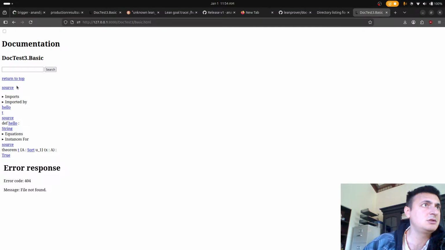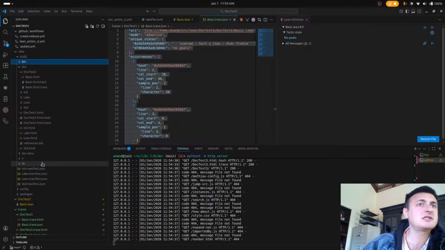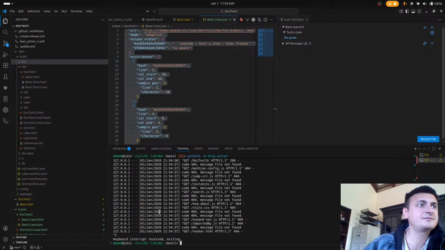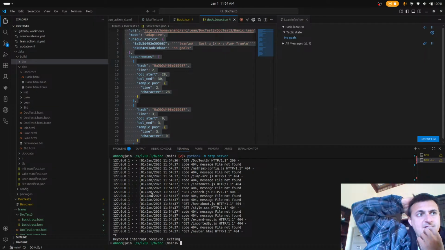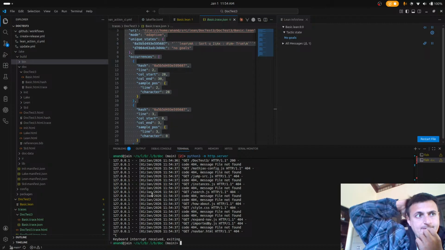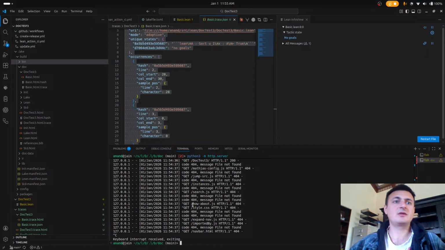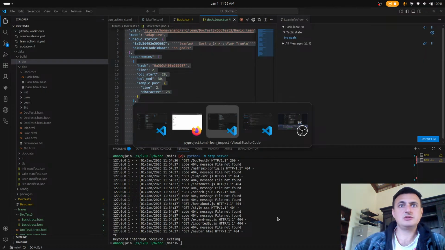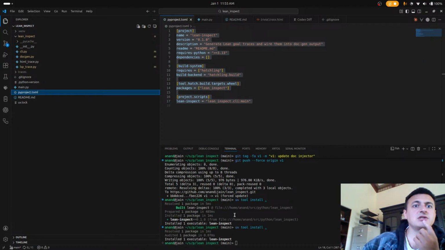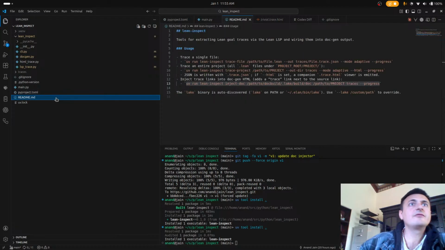Source. Yeah, even this doesn't have the thing. So I think what's probably going on is, okay, wait. We need to read the documentation of this. So we've